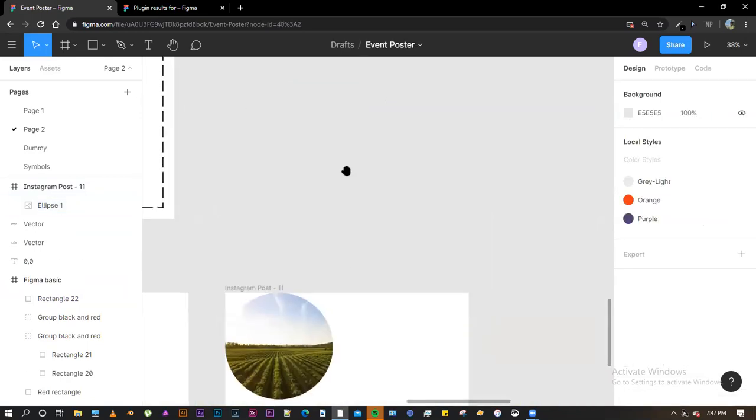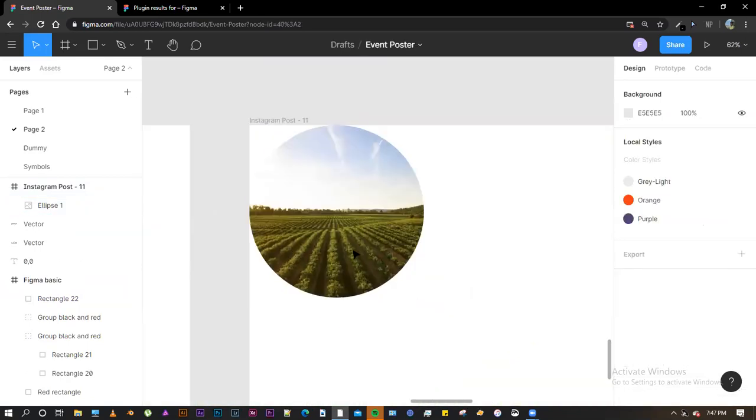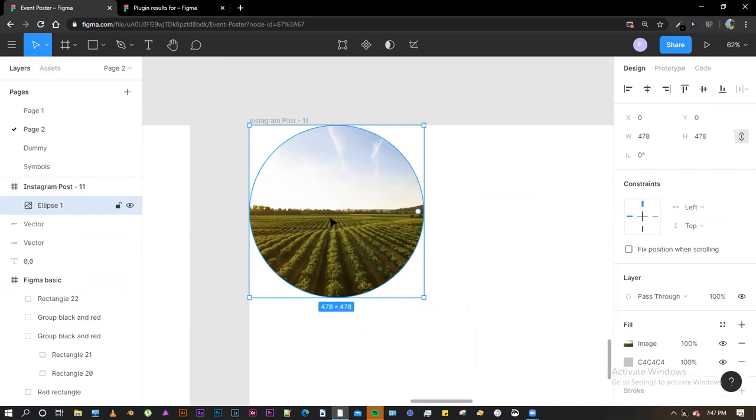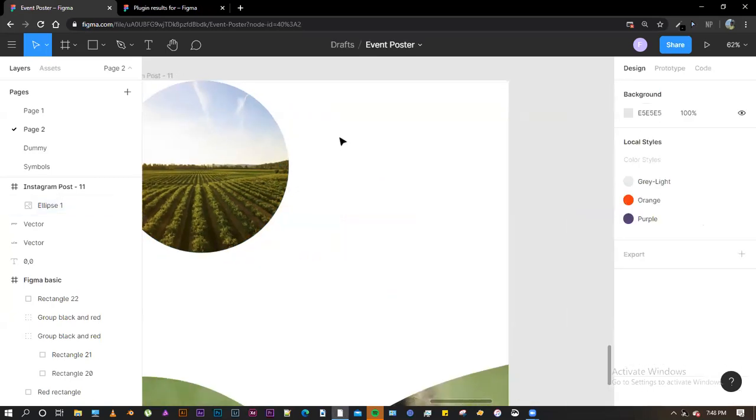So we have to adjust the image as applied by Figma only. You have to create a shape that the image would be the size of. So if you create a big shape, the image would fit in that shape. Let me demonstrate.